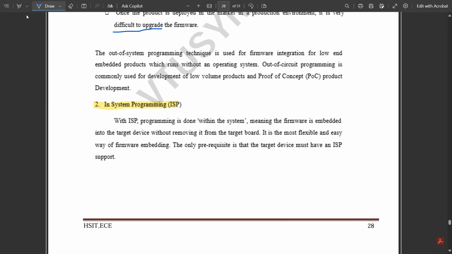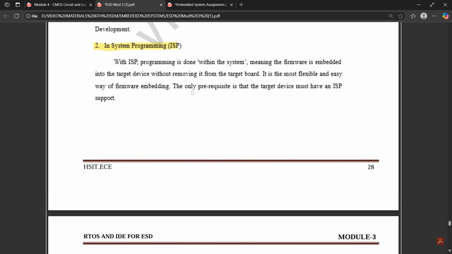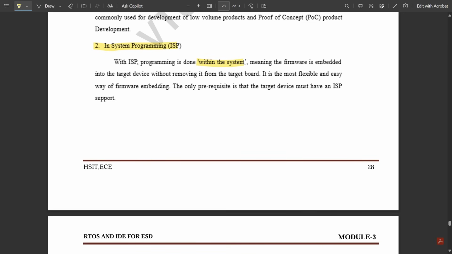So now the next type is in system programming. Okay, so this is very important. In system programming, also called ISP, it is done within the system. Whatever programming we have seen in out of circuit programming is done outside the system, whereas in system programming, whatever changes or adaptations are to be done are done within the system,